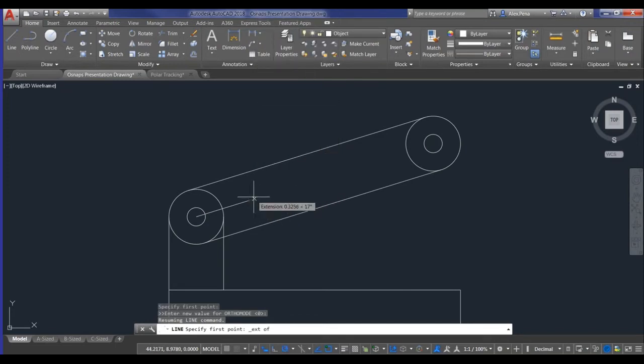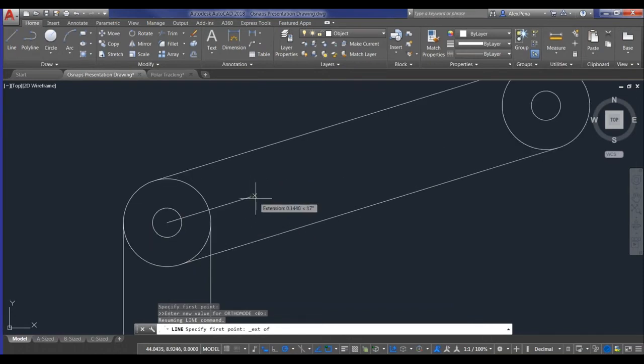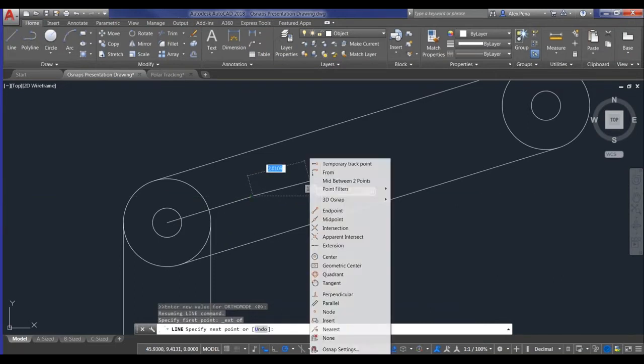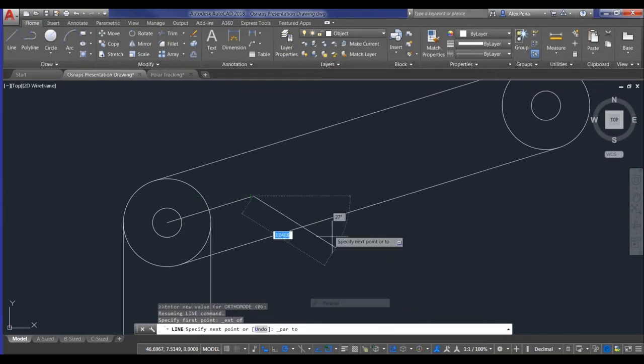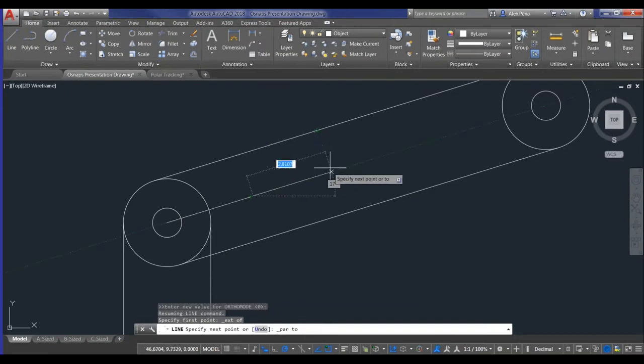What this allows me to do is go from this endpoint here and, once I set up my parallel snap, create a unit length of, say, 3 units. This will basically extend out from this endpoint and allow me to start my next line 3 units, or however many units I'd like after that endpoint. So if I type in 3 here,